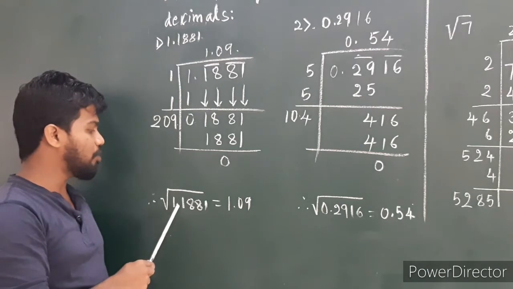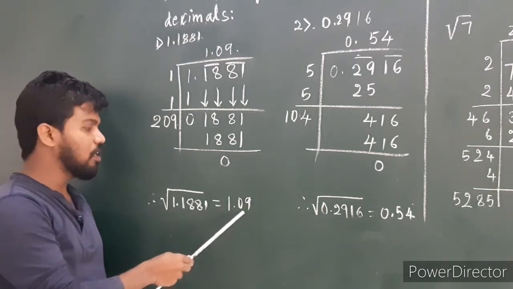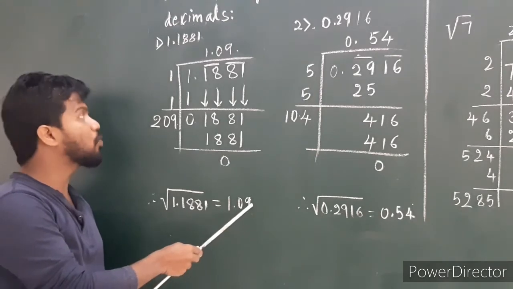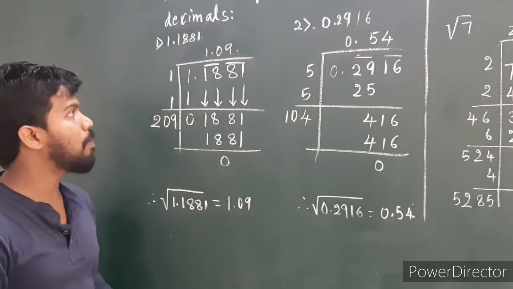Finally, the square root of 1.1881 is equal to 1.09. That means 1.09 squared is equal to 1.1881. So the next problem, you have